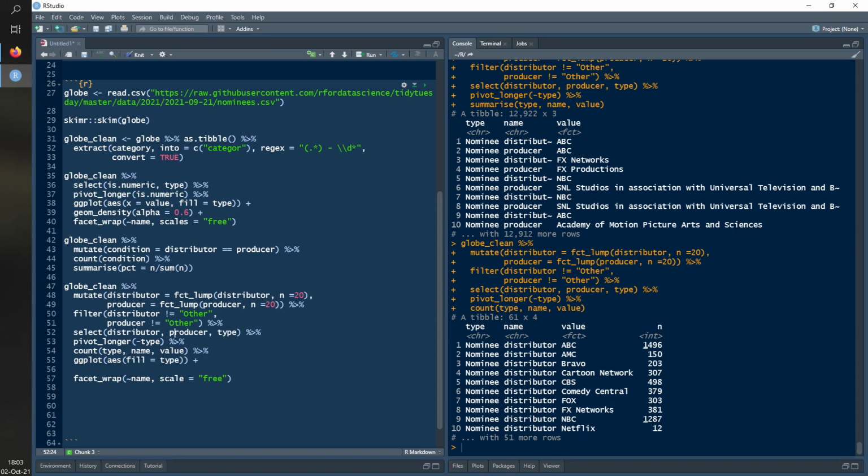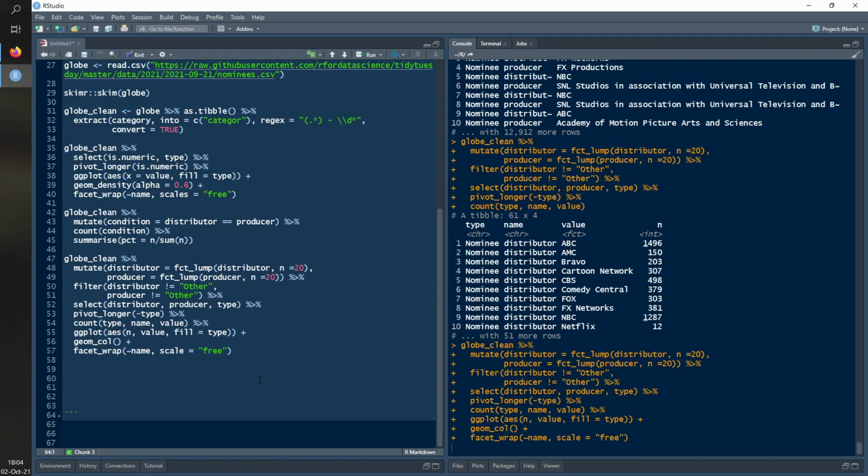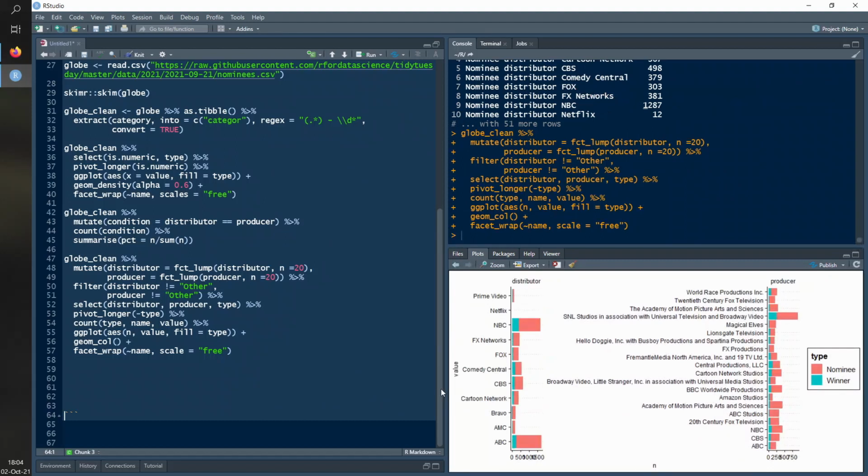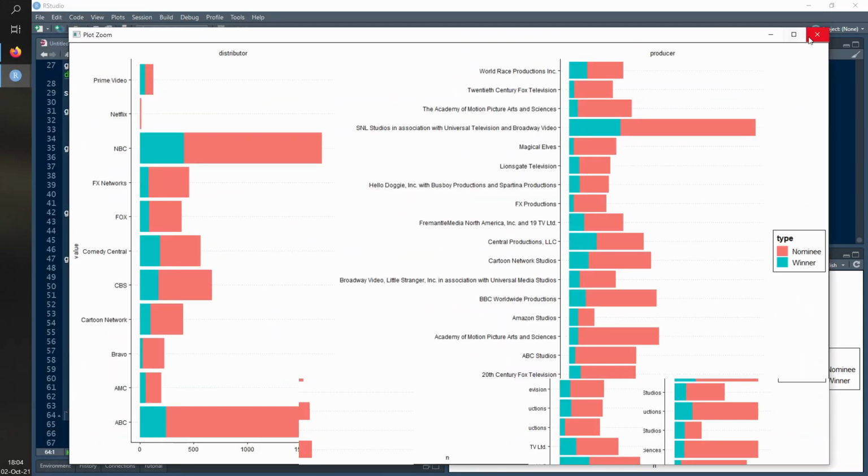And value is y and x is n value. Okay, and I need geom col. Okay, let us see what we'll get. Oh, there are a lot of different producers here. I don't want so many names, but you can see it has some good effect on nominee